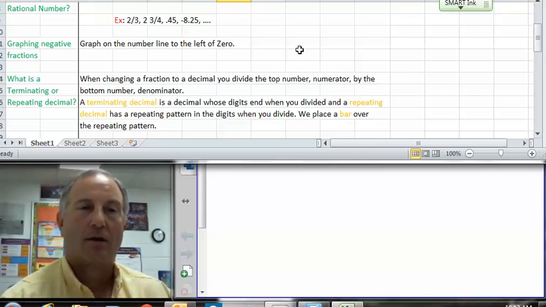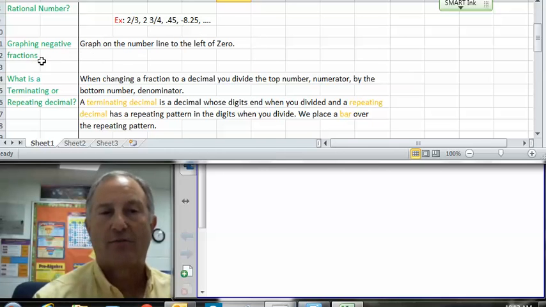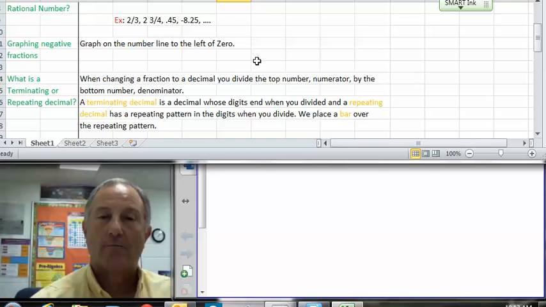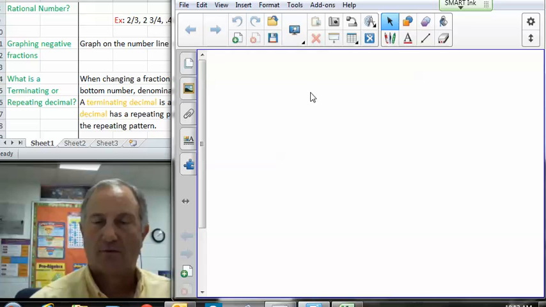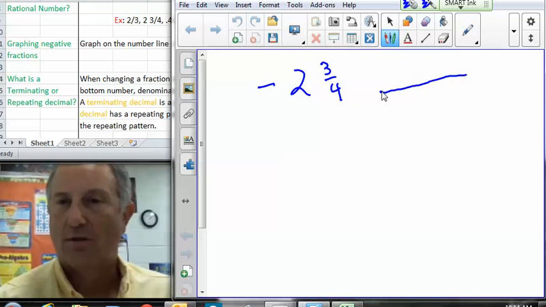Graphing, we've done some of this already with the integers. We know that graphing the negative fractions is just graphing on the number line to the left of 0. So if you're going to graph something like negative 2 and 3/4, well, on the number line,